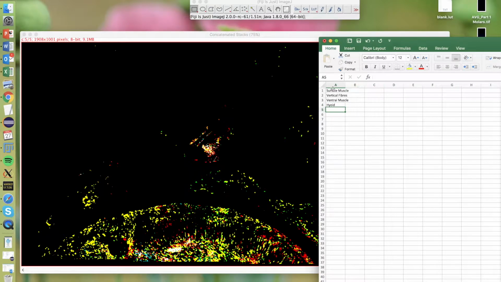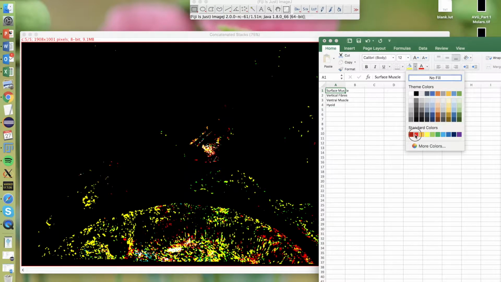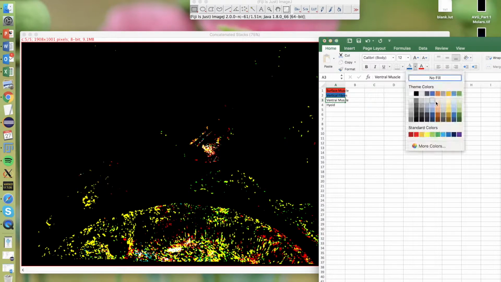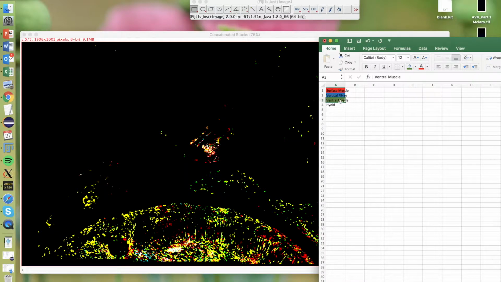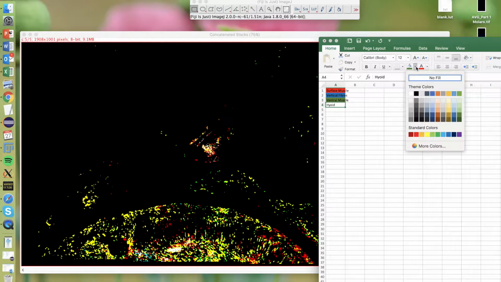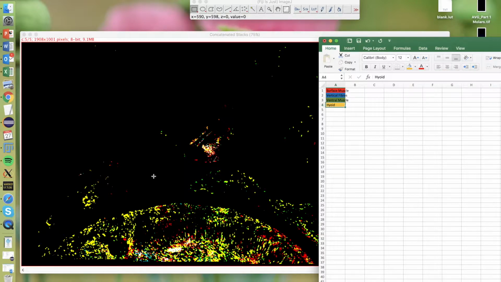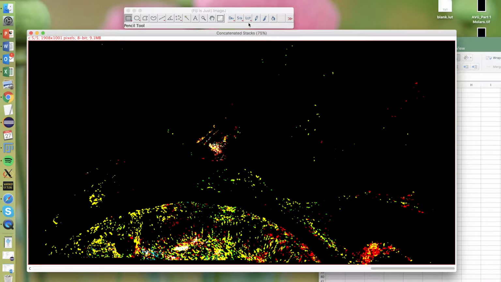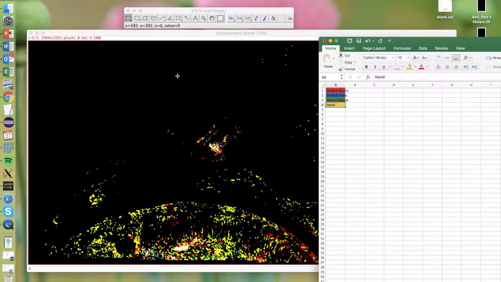So we've got 4 colors that we're going to want, and to remind myself, I'm going to fill these in with a set of colors that I'd like to use. So we'll call them red, blue, green, and let's go for orange. Now, back in ImageJ, we want to set those colors to be the numbers 1, 2, 3, and 4